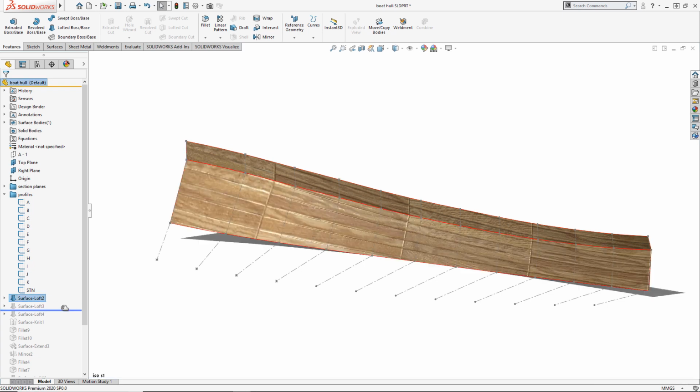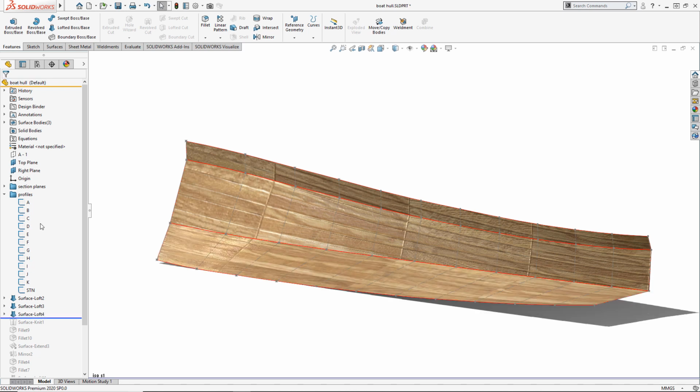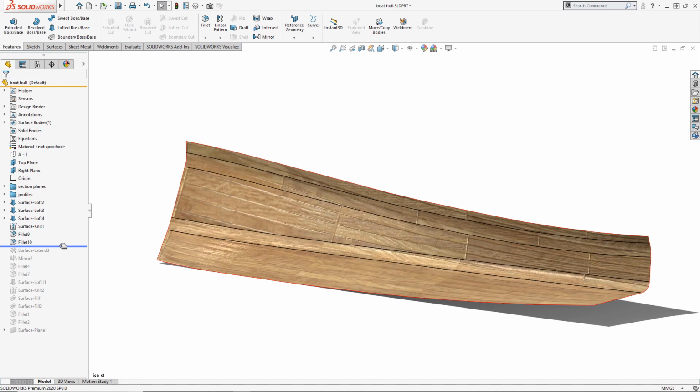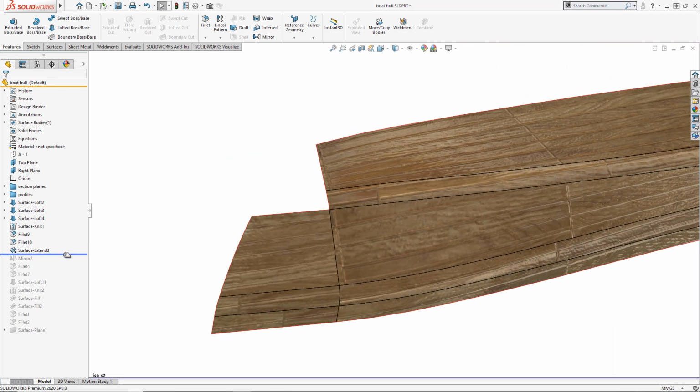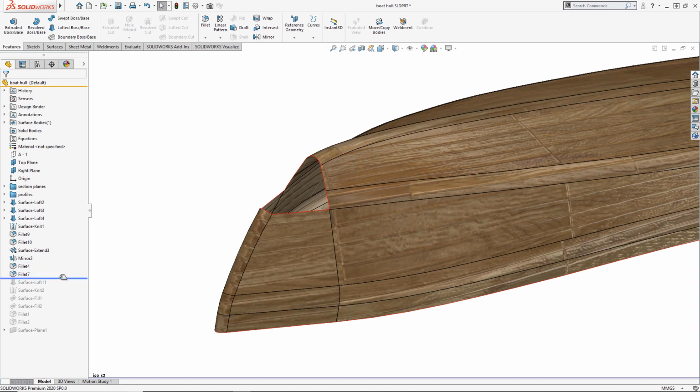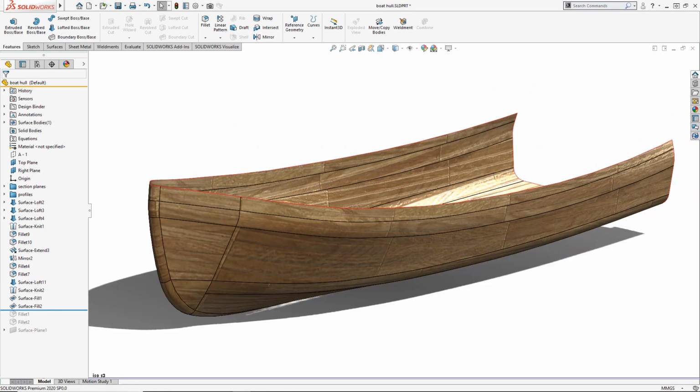In the example of this boat hull, we have used multiple surface lofts to define the various chine lines and then blended the main hull together with fillets. The bow is created by extending the natural surface to meet the centre line of the hull. These surfaces are then mirrored and filleted to create a smooth shape, with any remaining gaps plugged using the surface fill command.